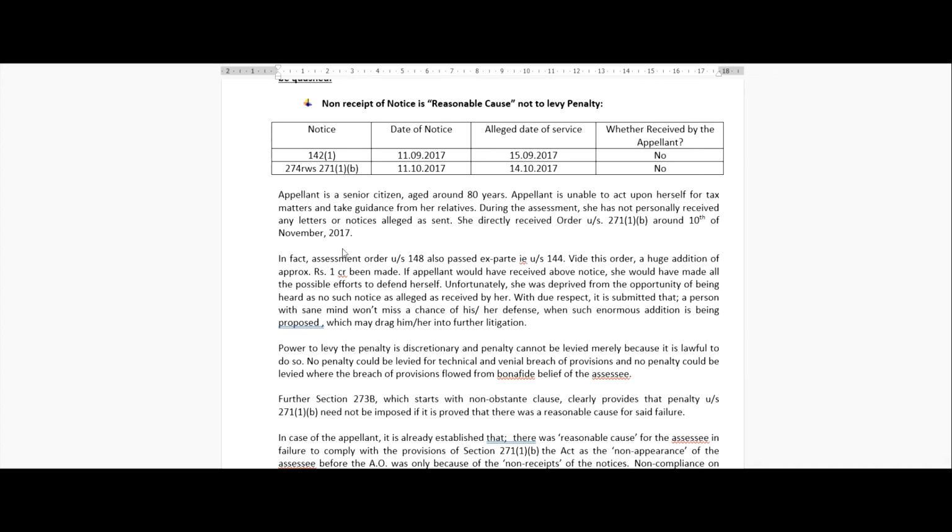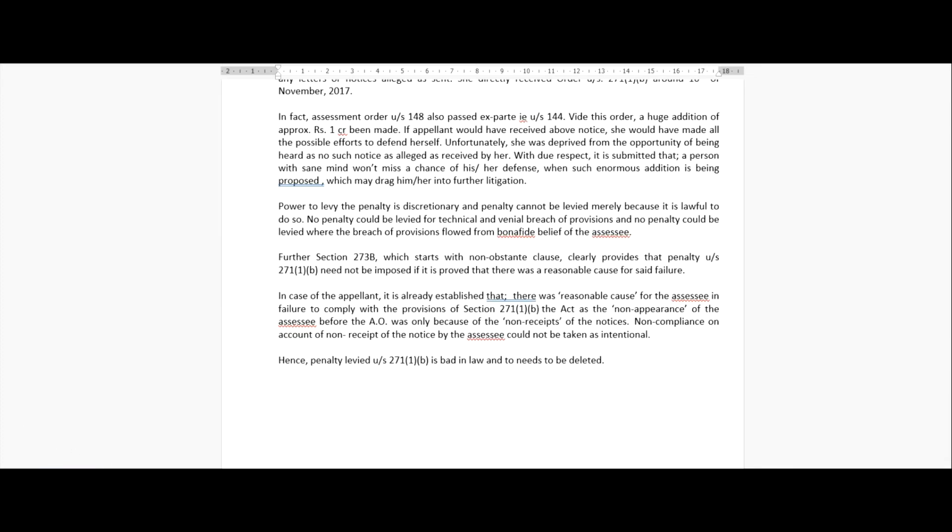Now let's look at section 271(1)(b). The power to levy penalty is discretionary and penalty cannot be levied merely because it is lawful to do so. No penalty could be levied for technical and venial breach of the provisions, and no penalty could be levied where the breach flowed from the bona fide belief of the SSE. If you look at the language of section 271(1)(b), the word used is "may". It means AO has discretionary power, and if SSE shows some bona fide belief or reasonable cause not to levy, then AO can always forgive this penalty